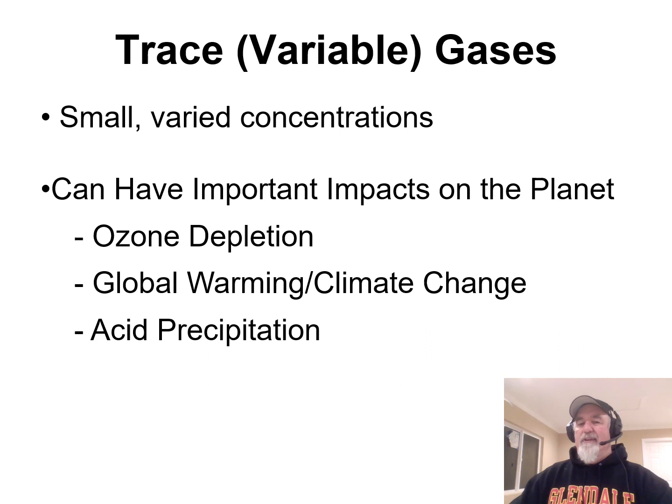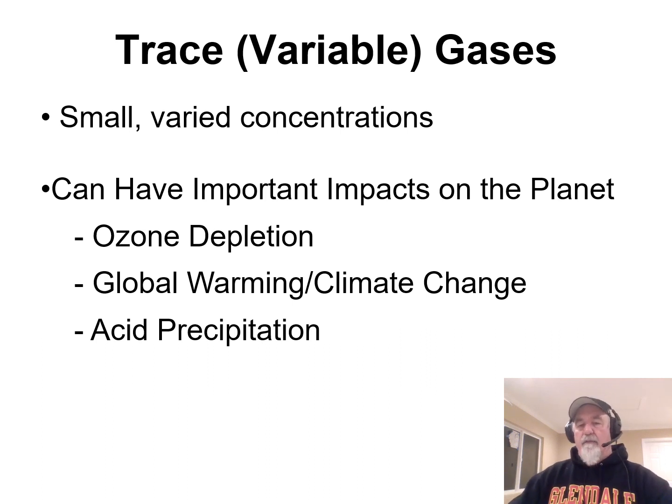leaves 0.07% remainder. So all the other gases we talk about are occupying that very small space between the other molecules in the atmosphere. But they also don't require too many of those molecules to do some significant change or damage to our atmosphere. So we're going to look at some of these trace or variable gases. We call them trace because there's just a hint of them in the atmosphere. We call them variable because their concentrations do change from place to place and time to time, unlike the main